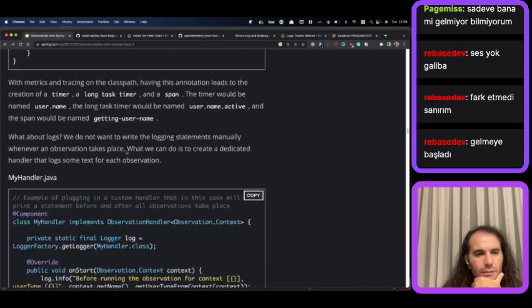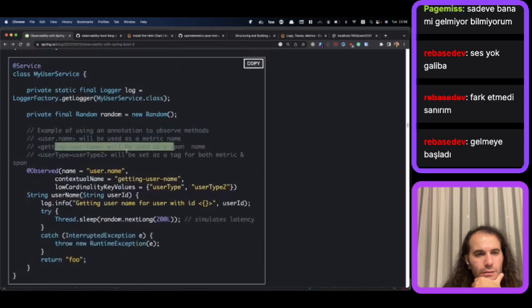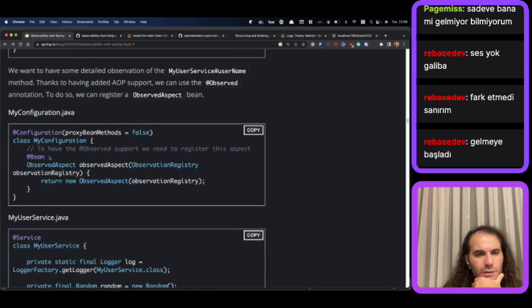Okay. We are not able to see the tags yet here because we have used observed, but there is also